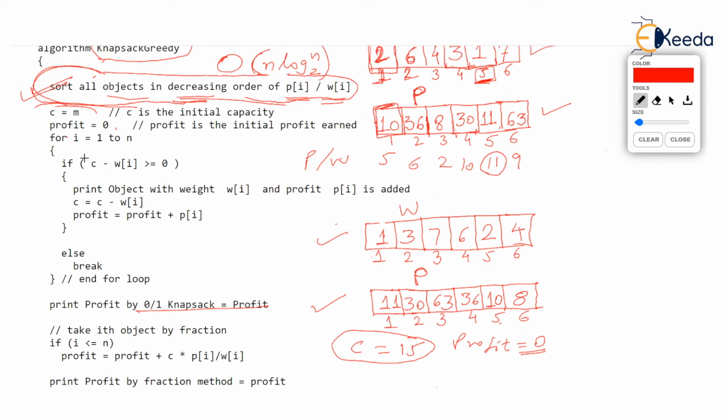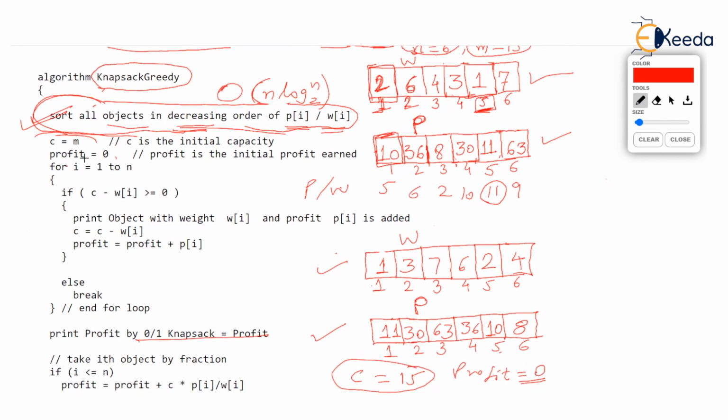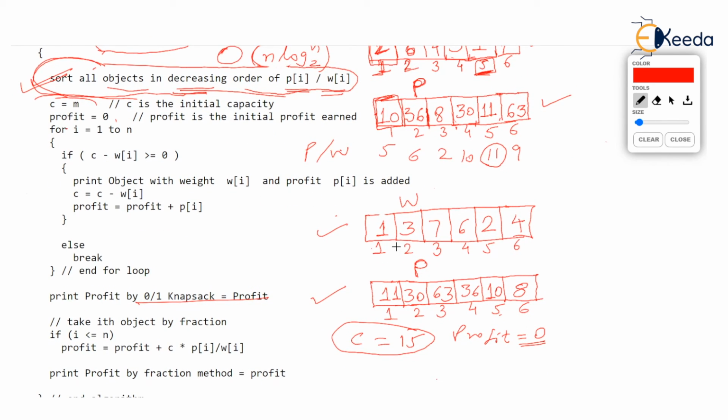One thing is sure, you see the data given, all objects cannot be added. Why? Because the weight of the first object is 1, 1 plus 3, second object, is 4. So total weight is 4, 4 plus 7 is 11, 11 plus 6 is 17, gone. We have been given a knapsack of capacity 15, and just by going through 4 objects, we have crossed the capacity. So all the objects surely cannot be added. But in the algorithm, we are too optimistic and we say, let us go for adding all the objects. i goes from 1 to n, correct or not?